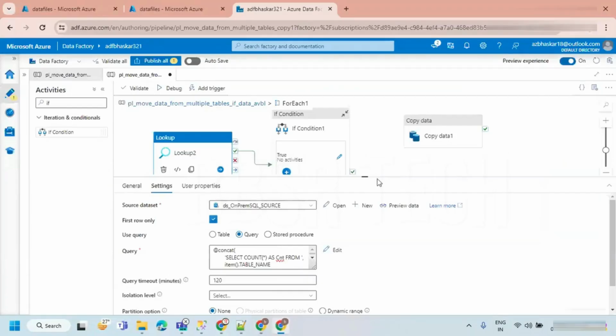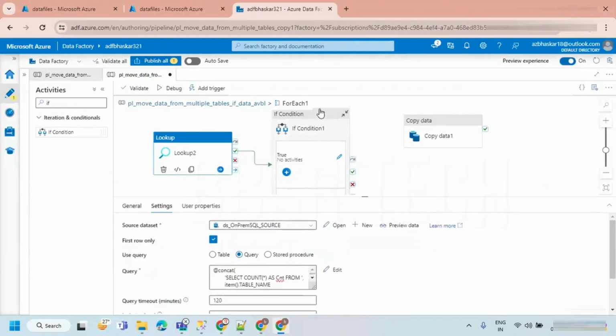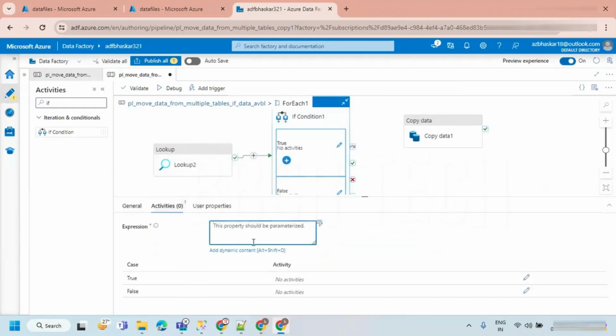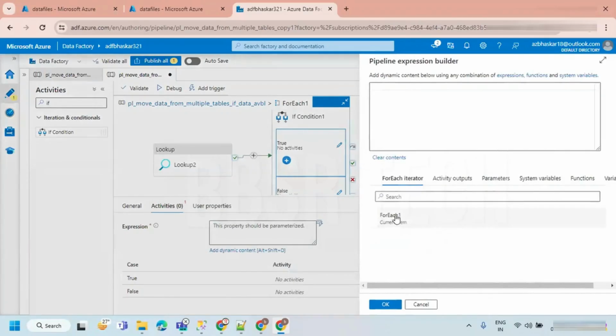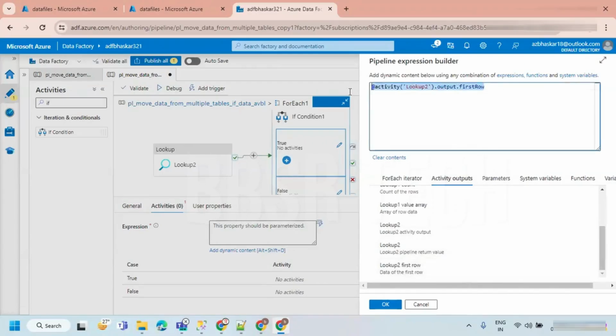Let's come back to here. So the true block is there and the false block is there, and we need to give the output of this lookup activity to here. So let's write an expression. The expression is lookup activity output 2. For the Lookup 2 activity, you have to take the first row, so first row dot column name. The name of the column is CNT.